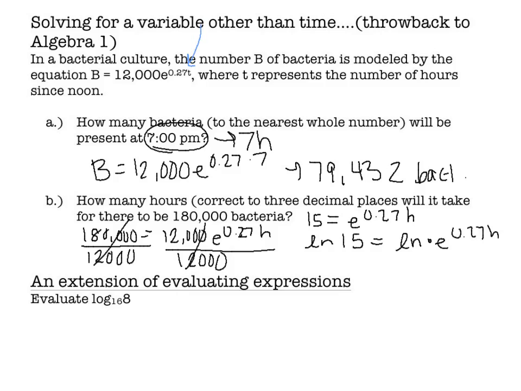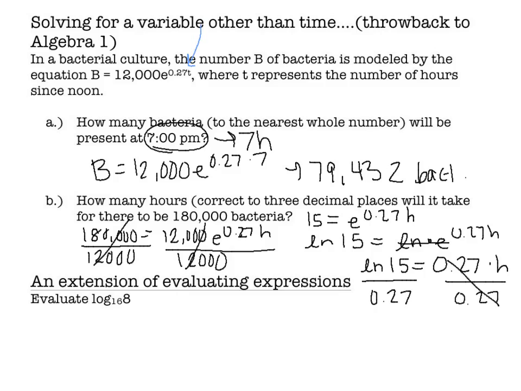When I do this, these will cancel each other out. And so what I'm left with is something that I can actually solve. That's the natural log of 15 is equal to 0.27 times h. And to finish this, I just need to divide each side by 0.27. And those simplify. They cancel each other out. And I end up with